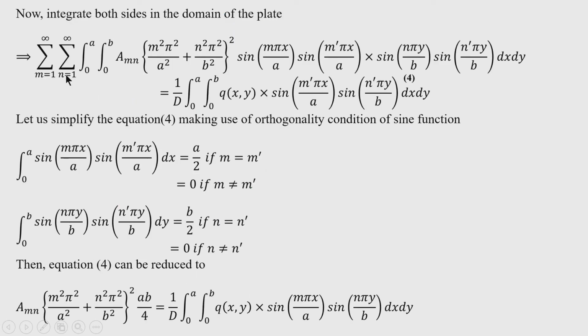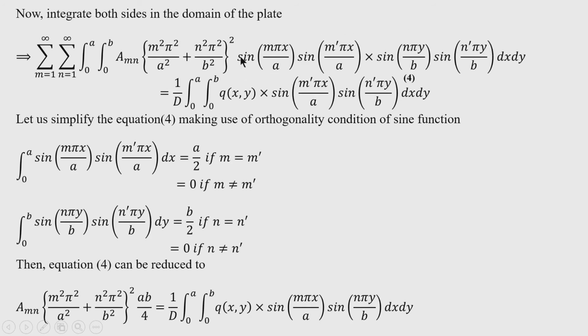So, we put the limit 0 as the lower limit of the integration with respect to x, and a as the upper limit. Similarly, here 0 is the lower limit for integration with respect to y, and b is the upper limit for integration with respect to y. Okay. So, we have written the limits, now we can integrate it.